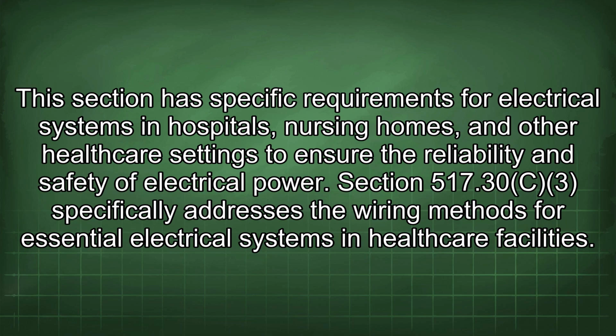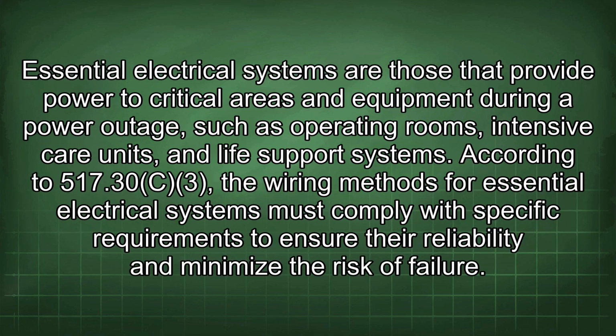Section 517.30c3 specifically addresses the wiring methods for essential electrical systems in healthcare facilities. Essential electrical systems are those that provide power to critical areas and equipment during a power outage, such as operating rooms, intensive care units, and life support systems. According to